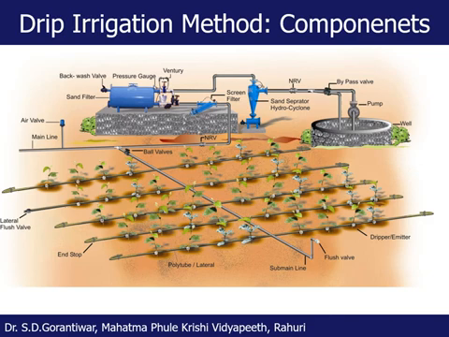Its purpose is to apply water soluble fertilizer into the system. Basically, the broad purpose of the venturi is to allow water soluble fertilizer from the tank into the system, so that this fertilizer will be dissolved in water, and water along with the fertilizer will enter the filter